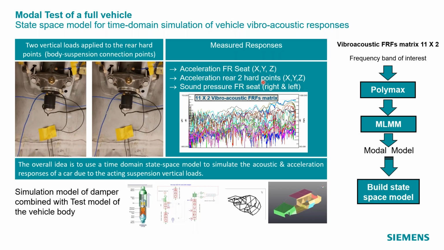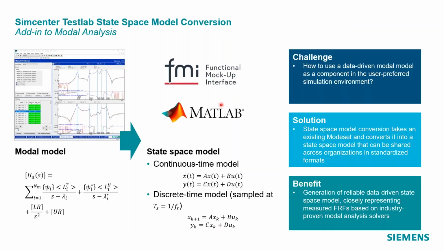So these transfer functions, the idea is now to combine them with inputs from a modified damper model. The transfer functions as such were not directly used, but a model was derived from them using modal analysis. So we did Polymax, we did MLMM, and then we generated a state space model so that people could do time domain simulations and even listen to the results of the new damper. By synthesizing the sound pressure levels based on the new damper and the body model, you could really hear what was going on. It will be illustrated also with a demo of these concepts.